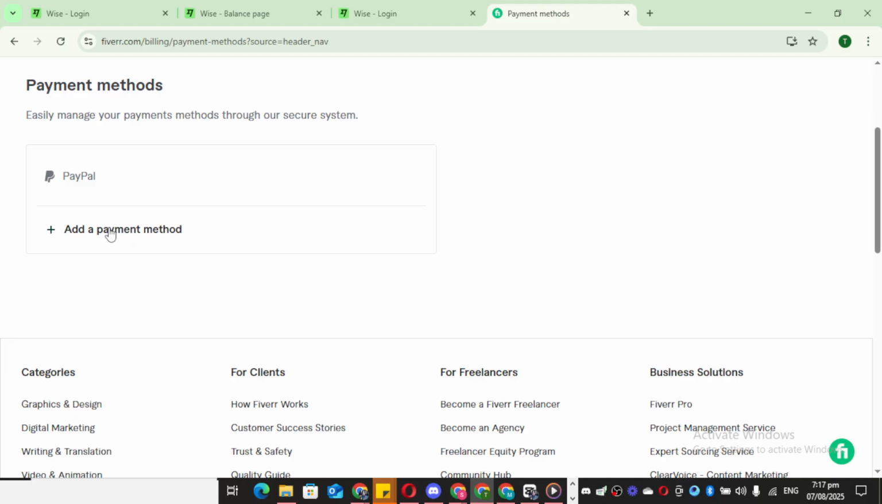And there you have it. With these simple steps, your Wise account is now linked to your FIVERR profile, allowing you to manage your payments more